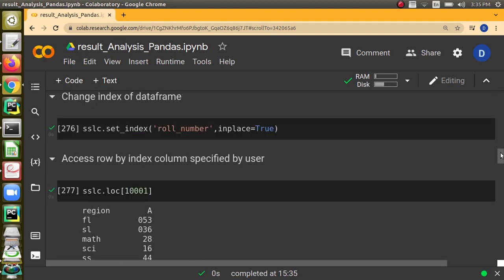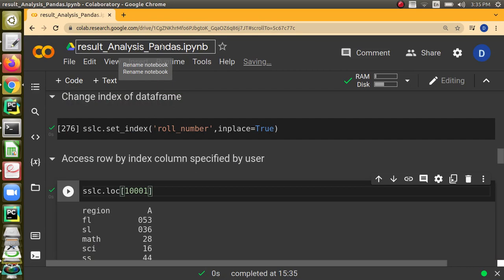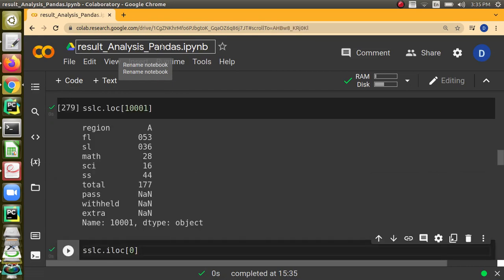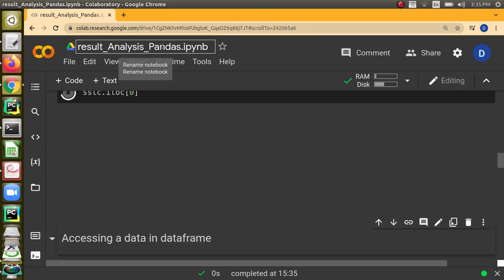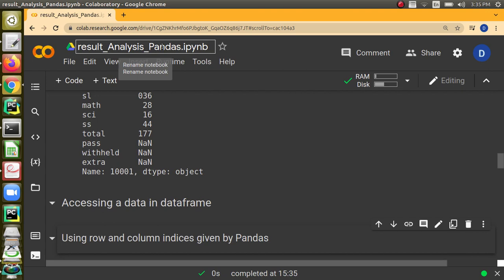Or when I write slc.loc of 10,001, that will also refer to the first row only, because we have made the roll number the index. This is the index defined by the user, so that can be used, or else we can use the internal indexing maintained by pandas. For using the internal indexing, we have to use ILOC. Next is how we can access data in the data frame, a particular column.